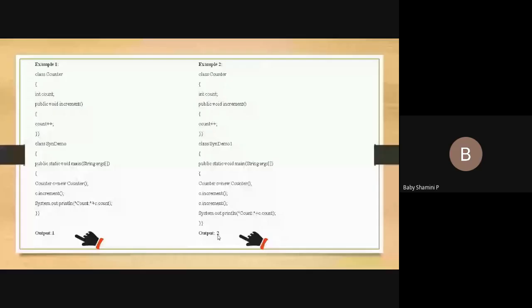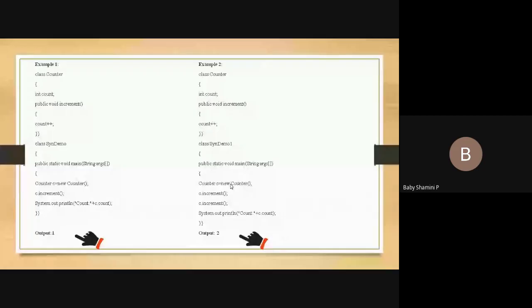Initial value is 0, after that the count value is 1. Again I call the same function c.increment. Already the count value was 1, so again it increments the count value. In this way we can increment, or otherwise using some for loop we can increment a count value. We will see the next example, using threads to increment the count value.